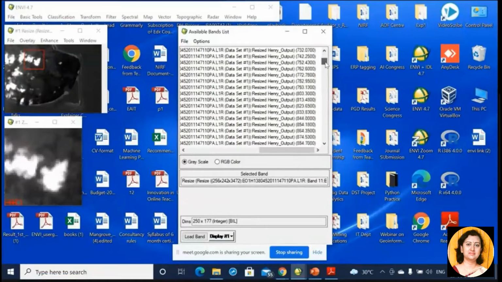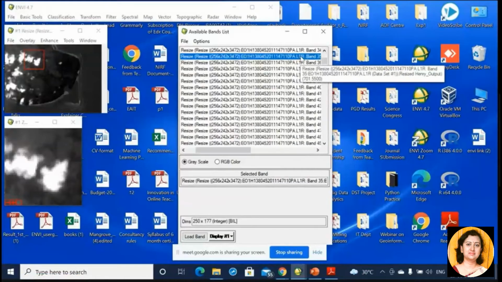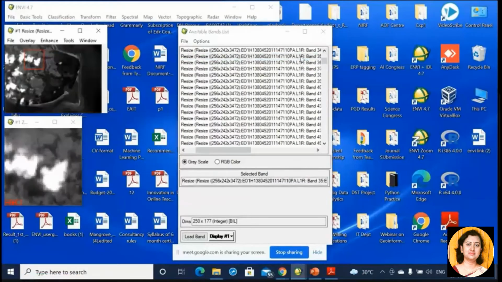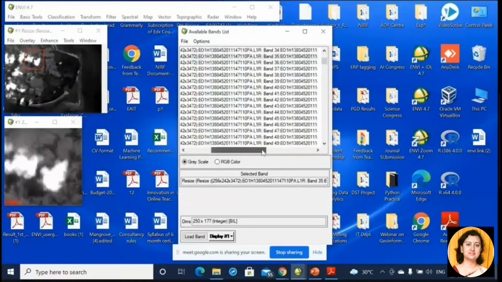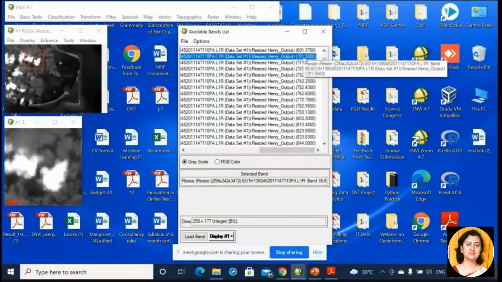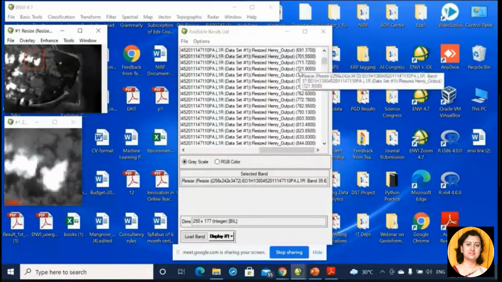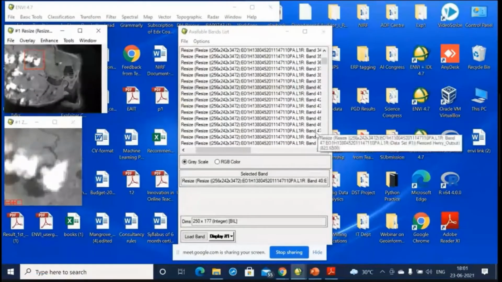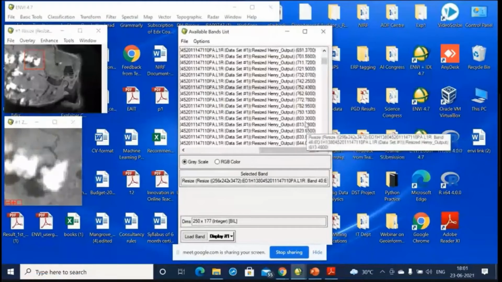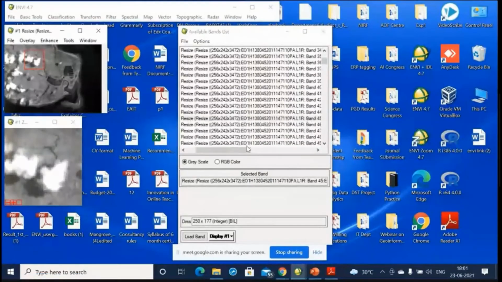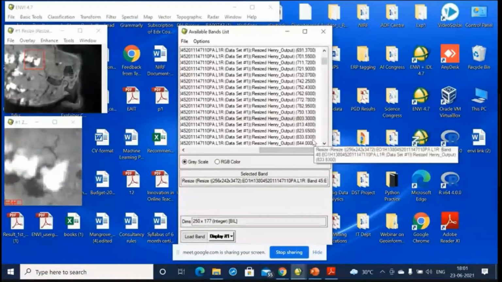The vegetation is very well represented in the infrared band. So the infrared band starts from 700 nanometers. So if I select an image from this band, 700 nanometers, this is the image that we get. And if we move further down, like say 752, this is comparatively brighter. If we select 803, then this is again brighter.